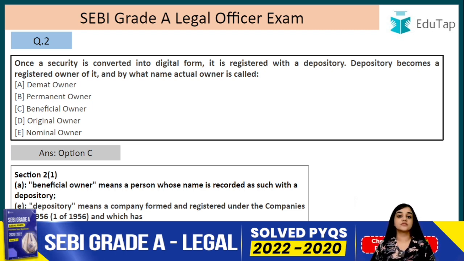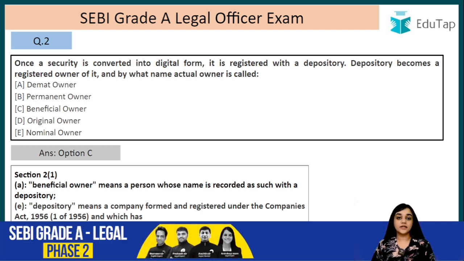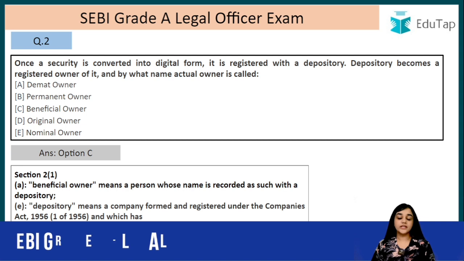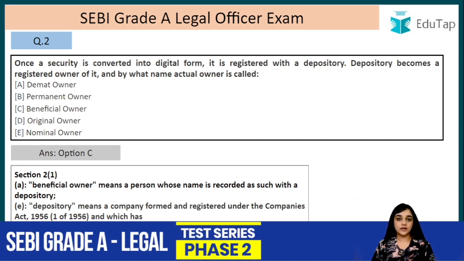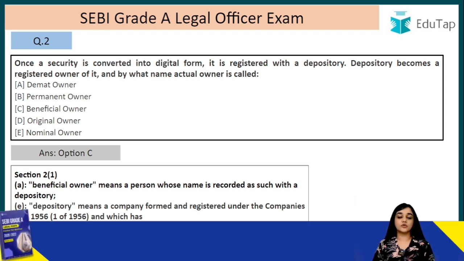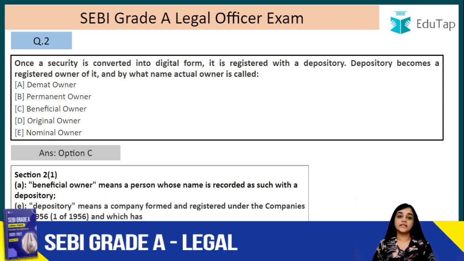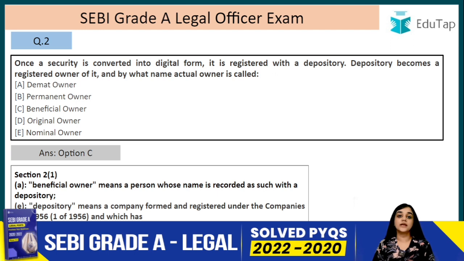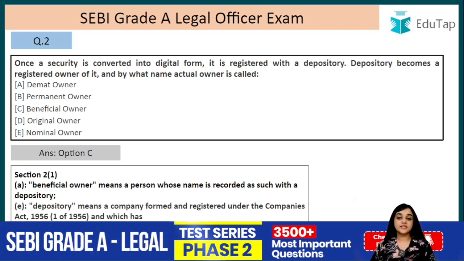This is known as what? This is known as depository. And who is a depository participant? You can compare it with a bank agent. Like a bank agent, he helps you to open a bank account in a bank, and he also provides you with other bank services. In a similar fashion, depository participants also help you open a demat account. We will be dealing with what a demat account is also. So he helps you to open a demat account and also provides different depository services. He acts as an agent of the depository, right?